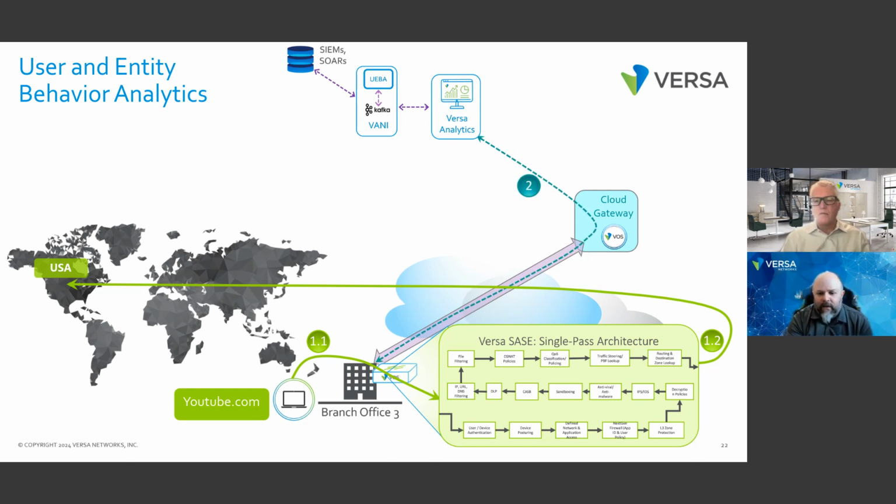But what ends up happening is that those VOS appliances, whether in the cloud or at the branch, always talk to each other, and they always talk out to the Versa analytics plane. The Versa analytics plane is also teaching the UEBA solution how your traffic is working at any given point in time. And of course, this is always being logged out to your SIEM solution. Your SOAR can take action based upon what's going on, if it may be quote unquote hinky, if you grew up in the Scooby-Doo age. If something is strange, we can take some